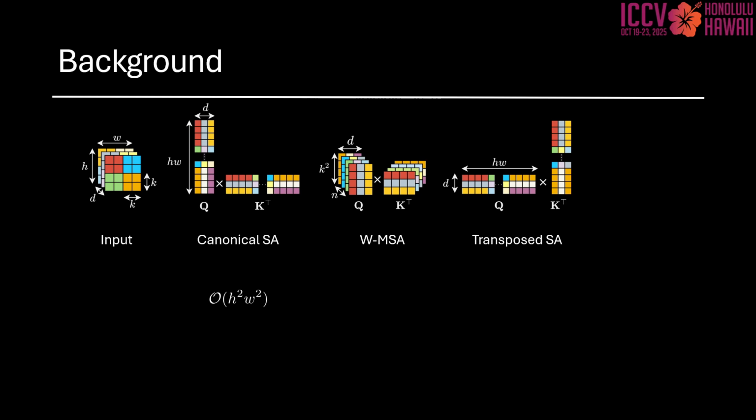In window-based self-attention, or WMSA, the attention is calculated only within small local blocks, which brings linear complexity. However, this also limits the receptive field. The model only sees a portion of the image at a time. The shifted window strategy alleviates this limitation to some extent, but it still cannot match the global context that canonical